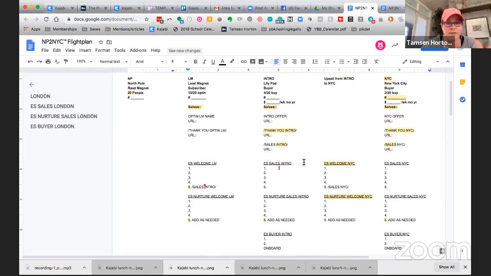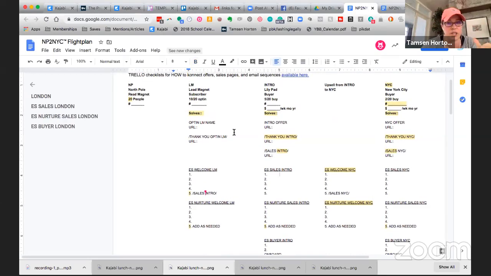So this is just a cheat sheet. I will put in all my URLs on these pages. It also helps me remember, oh, that's right, I need to build a thank you page. Oh, where is that thank you page? Where did I put all of those things? Which it all definitely fits in with the Trello boards too. It fits in in all those places.